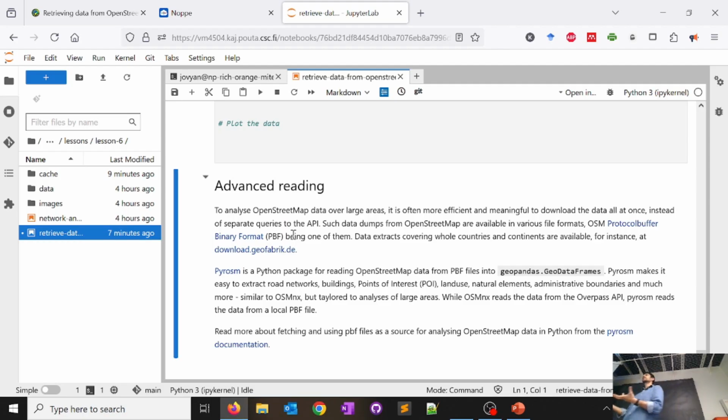So for very large data sets, of course you can access the API of OSM. That's one way. There are also these data dumps. So there are places where they gather data in large amounts and they just dump them into a website, to a database that you can download, and they are updated on a regular basis. So one of them, we have a link here. It's